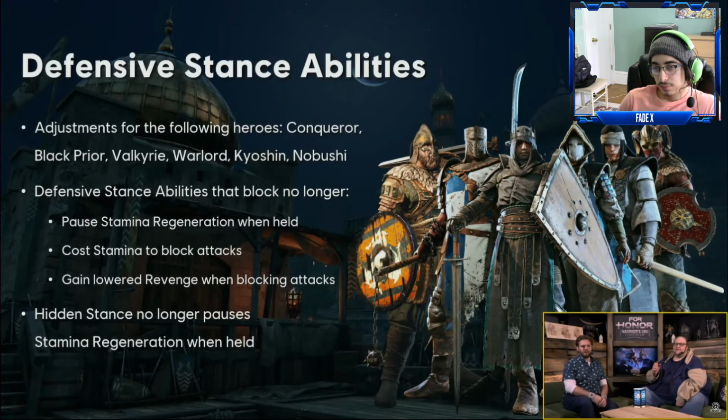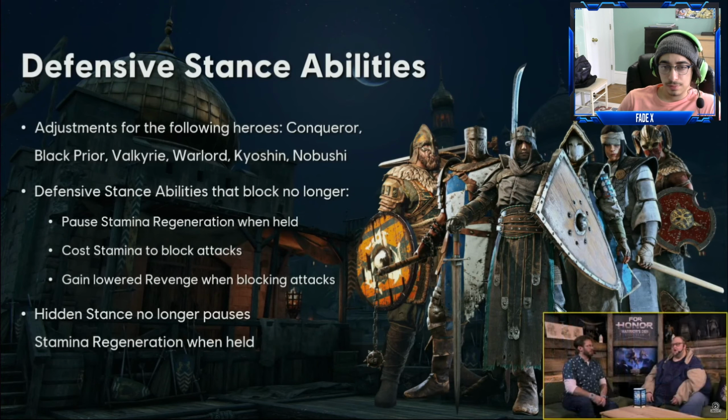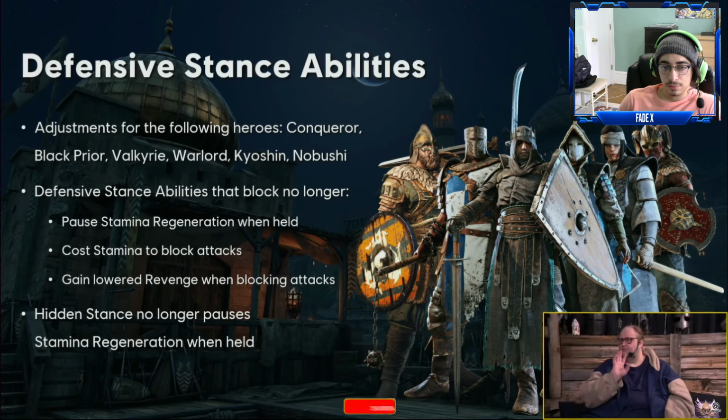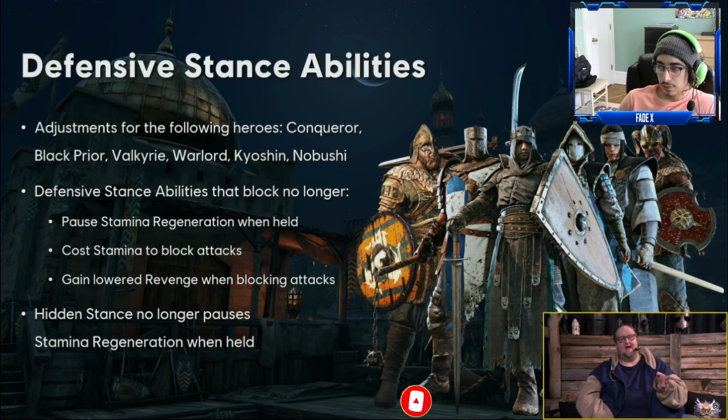Yeah, right. Okay. So we're gonna start with defensive stance abilities. By that I mean abilities that you perform while you're holding down on the right stick on your controller, or holding down with your mouse if you want. So for Conqueror, Blackfire, Valkyrie, Warlord, Kyoshin, and Nobushi, she has that sort of input, but it's not really as defensive. But for the heroes that actually have that block there,